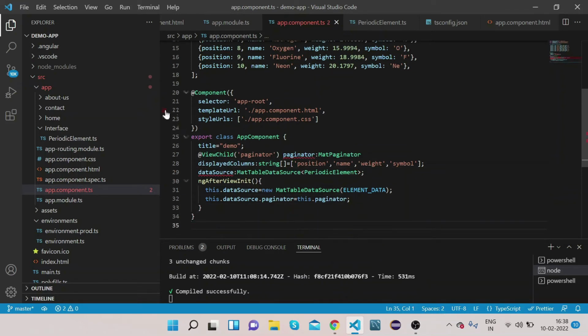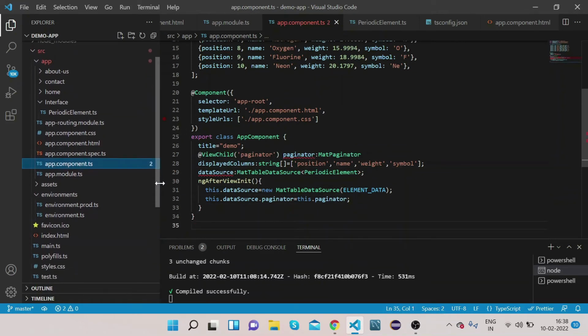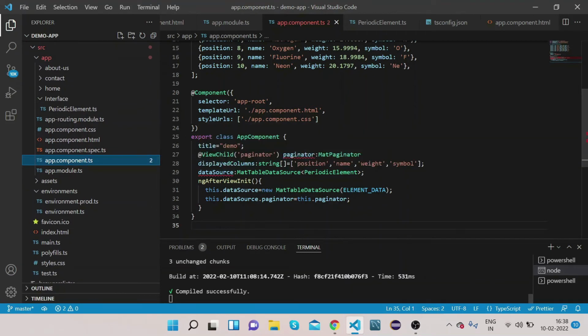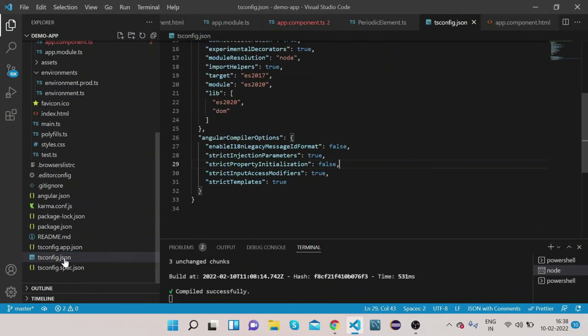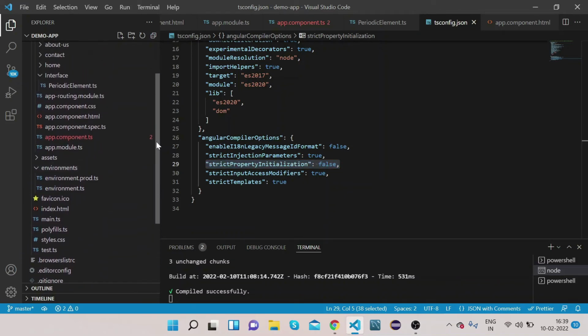Okay, now you can get one error if you see this red thing. But I'm not getting any compilation error. Why? Because I have added, go to this tsconfig.json, I have added strictPropertyInitialization equals false. Okay, so if you haven't added this, please add this to your tsconfig.json file. Then you won't get any compilation error, because I'm using the latest TypeScript version. That's why I'm getting this error. Okay,